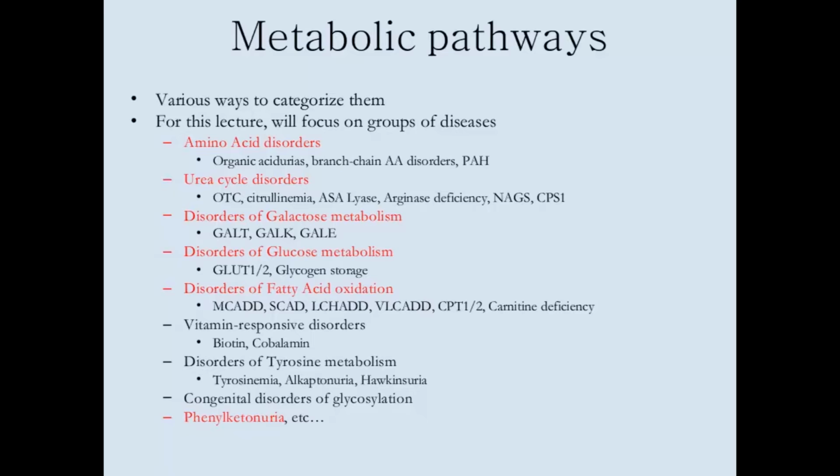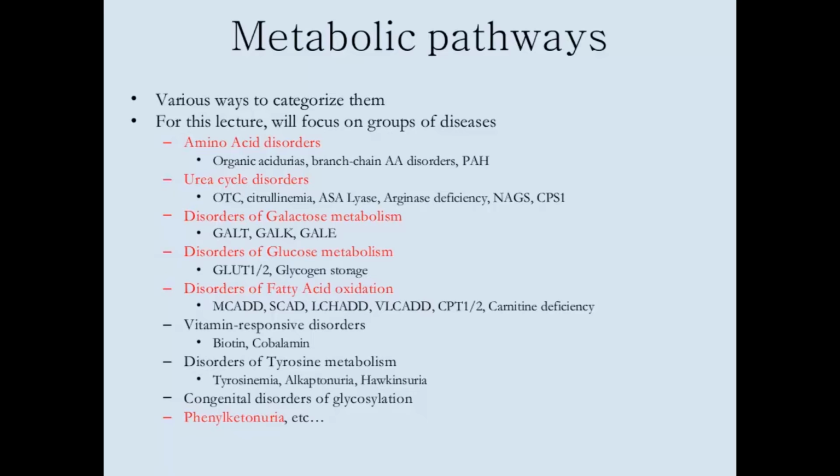We're going to talk a little bit about urea cycle disorders and disorders of nitrogen metabolism, talk about galactosemia, those disorders. I'm going to briefly talk about glucose metabolism, and these disorders that I'm going to talk about are only a small part of this category, so that can obviously be a long talk as well. And then we're going to talk about fatty acid oxidation defects, which is one of the more common categories of disorders that geneticists and genetic counselors may encounter.